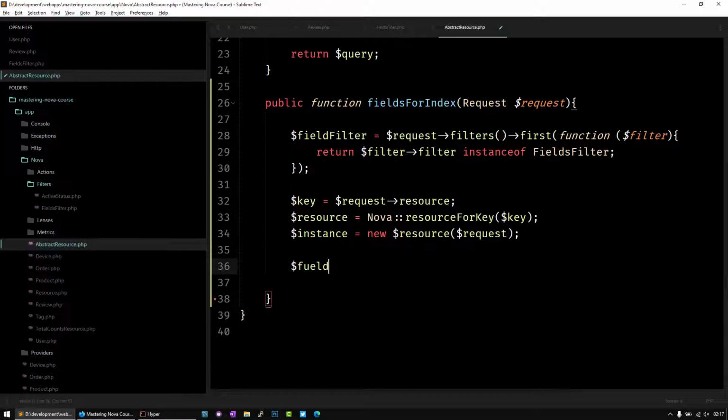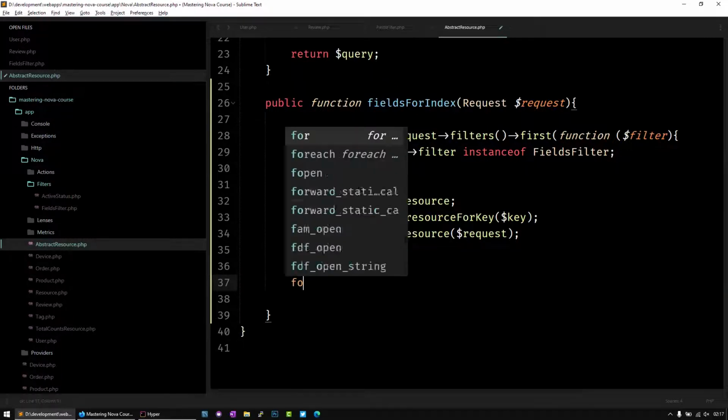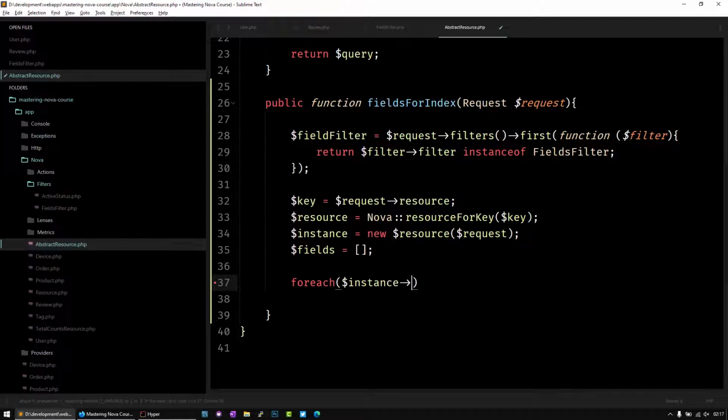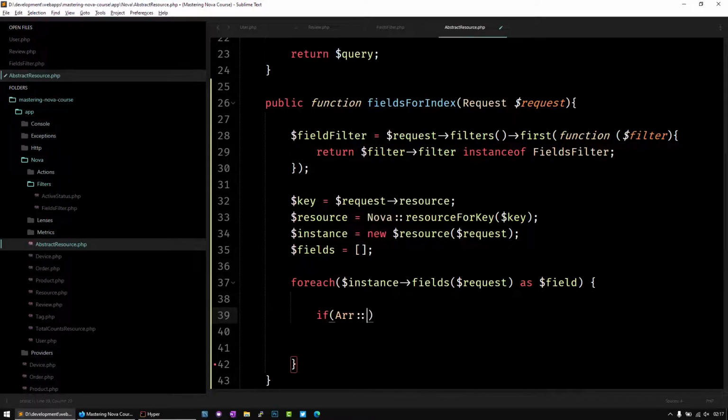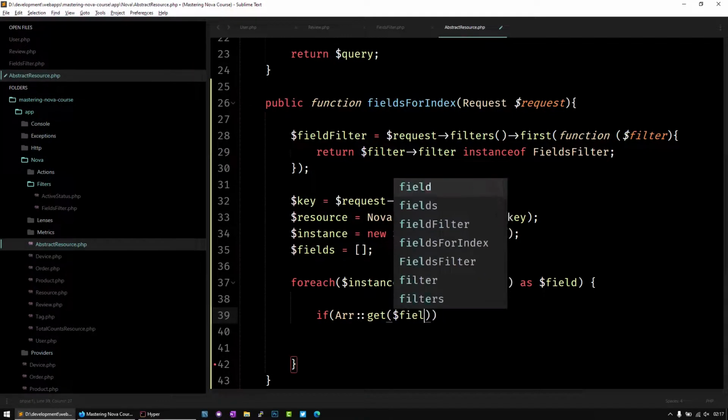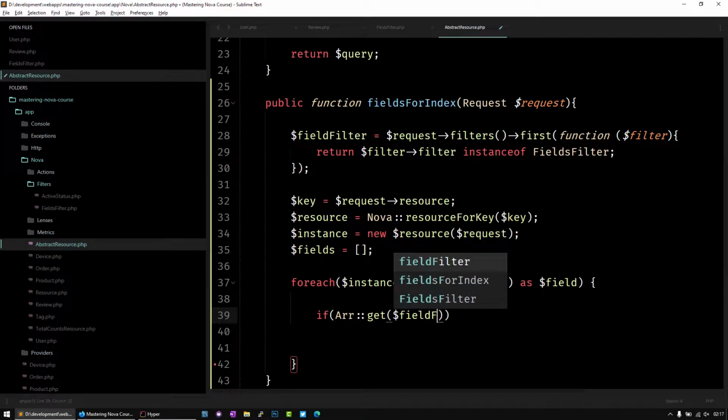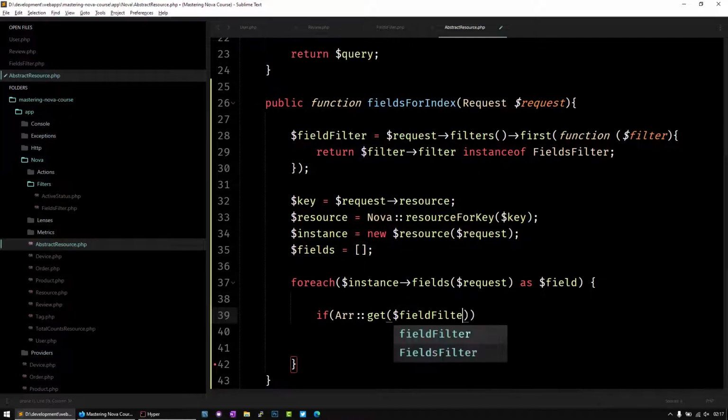We put the fields empty. So this is where we are going now to construct the fields that should appear. Okay. And again, we do for each instance fields of our request as fields, sorry. And we are now going to populate this fields array in case the filter value is checked. And how do we do that? It's simple. If on our array, on our filter, the value,